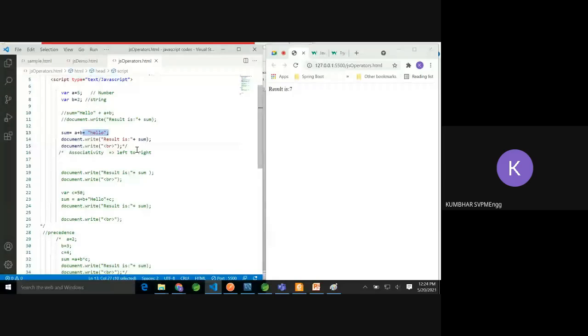Okay, so see, a plus b plus hello. Now 5 plus 2 is happening first, that is 7, then hello is concatenated. Why is this? Because operator associativity is from left to right. Remember, from left means from a, b, like this it is going.